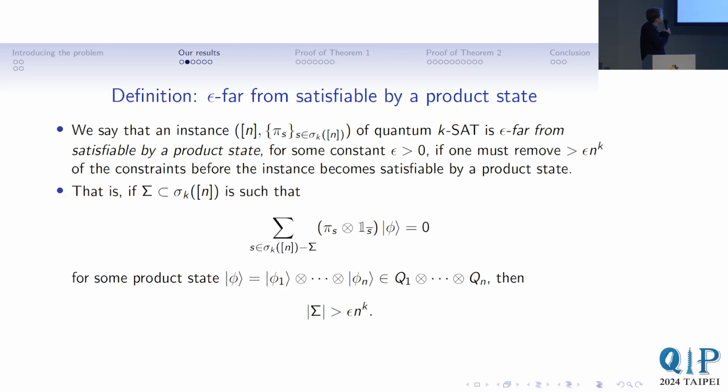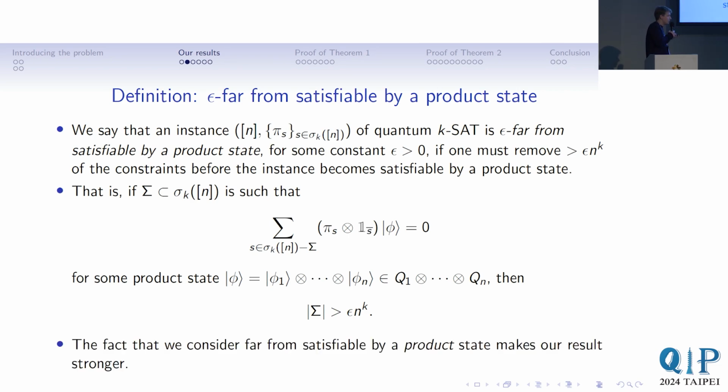So formally what I mean by that is, if you've got some subset of the constraints, such that if you only consider projectors that aren't in that subset, then there's a product state in the kernel of all those projectors, then you know that the cardinality of this set of projectors you've removed has to be greater than epsilon n to the k. So notice we're talking about a product state here, epsilon far from satisfied by a product state,